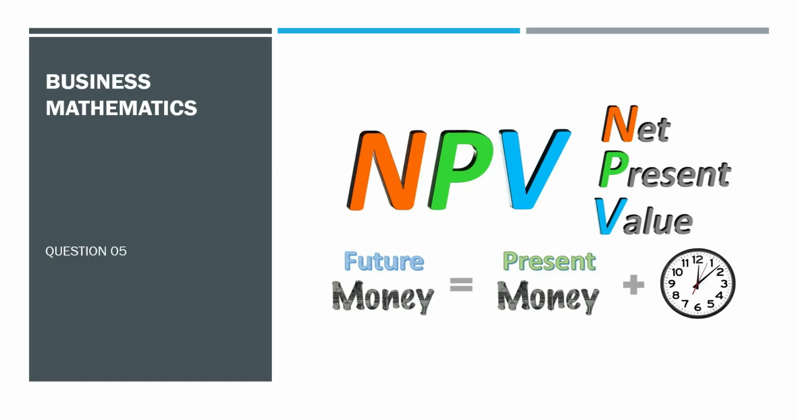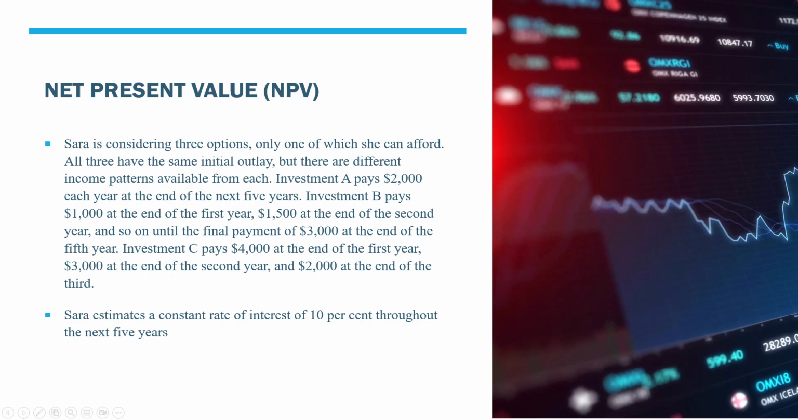So today's question in this series is about business mathematics concepts. The question is, Sarah is considering three options, only one of which she can afford. All three have the same initial outlay, but there are different income patterns available from each investment. Investment A pays $2,000 each year at the end of the next 5 years. Investment B pays $1,000 at the end of the first year,